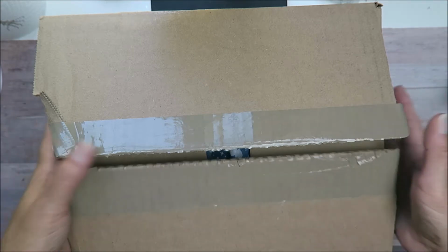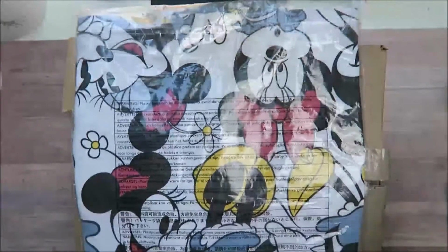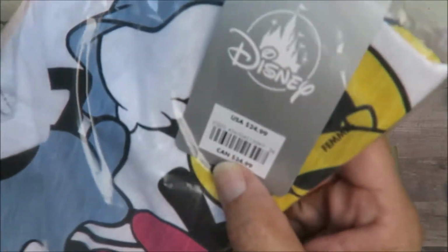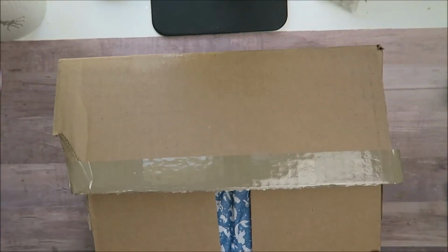I got two different packages. So the one package I already opened already, and I just got a shirt. I got two of these, one for me and one for my daughter for matching. And they were regular 25 bucks and they're on sale for $9.99. So I got that, and I'm excited to see